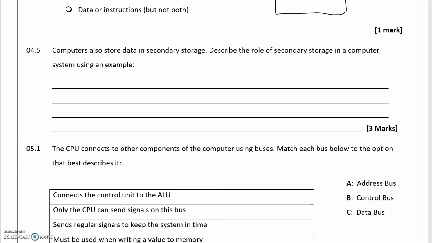4.5. Computers also store data in secondary storage. Describe the role of secondary storage in a computer system using an example. So I was looking for several things here. So secondary storage is